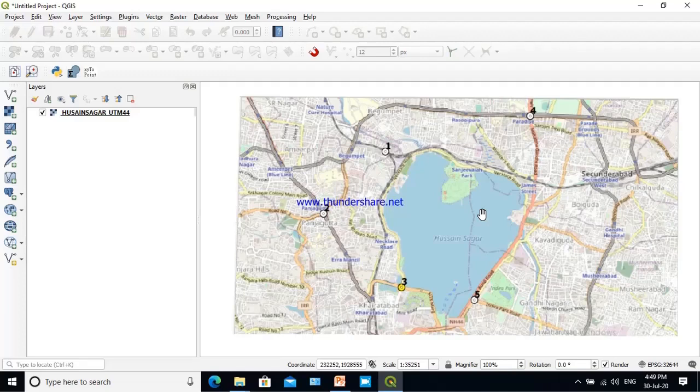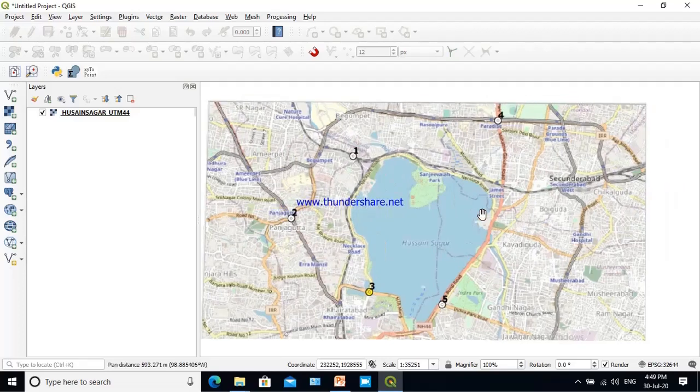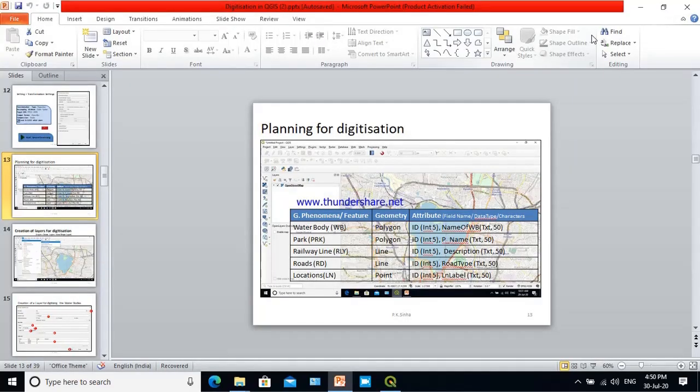Now, looking at this map opened in a display device, we will be planning what features are there to be captured or digitized. You may have so many features here, the geometry of each feature, and what attributes are to be added to it. At the time of digitization, what attributes are to be populated? So the whole feature is digitized, completed. Then we will be directly inputting the values. The reference map is open behind, and we will be reading that map, and what is written there as attribute, we will be writing it directly.